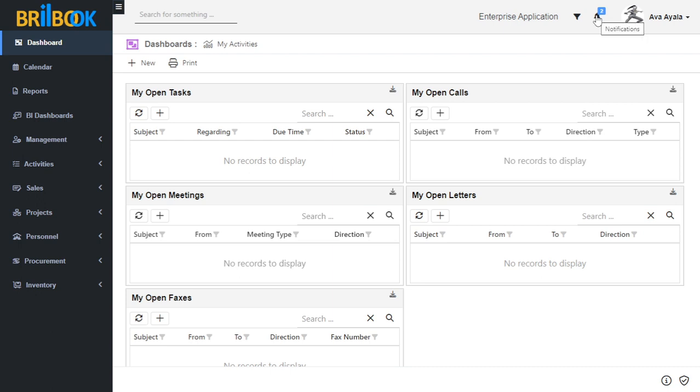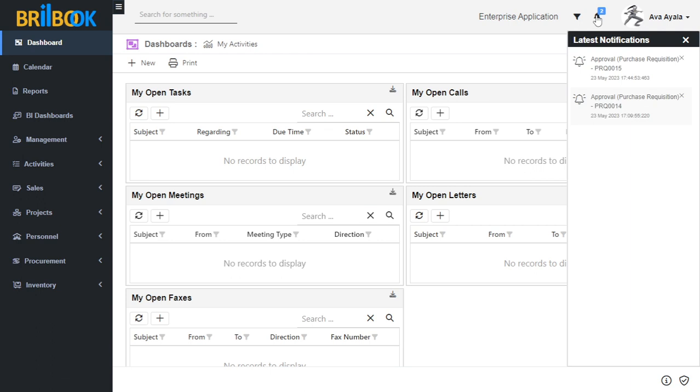Here you can see the notification bell icon. Click on notification bell icon and click on purchase requisition record.